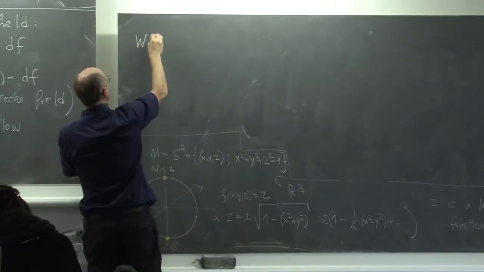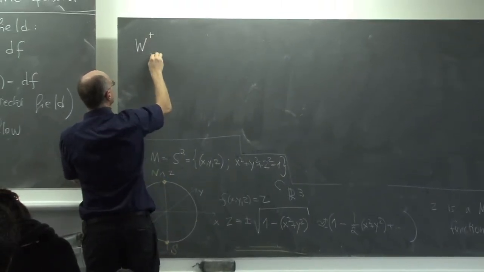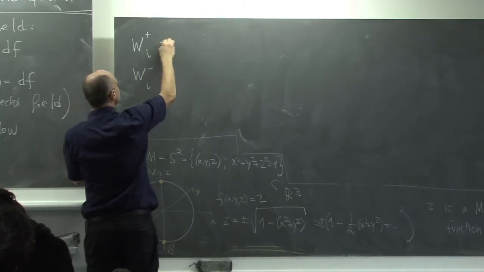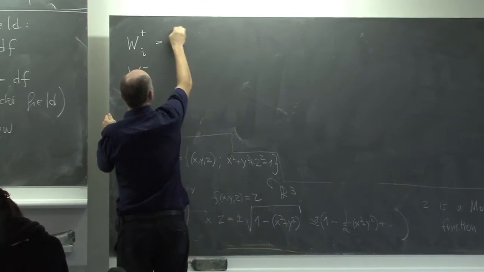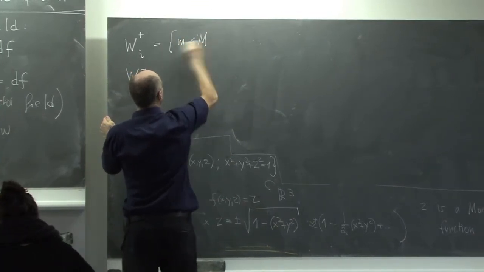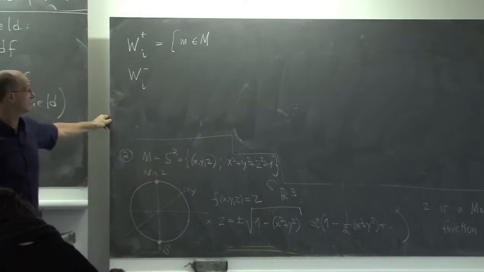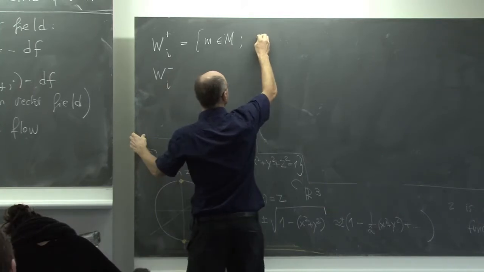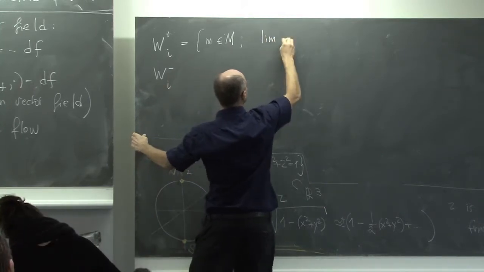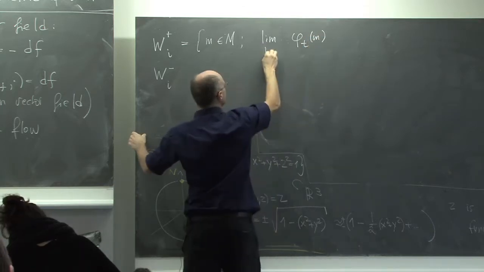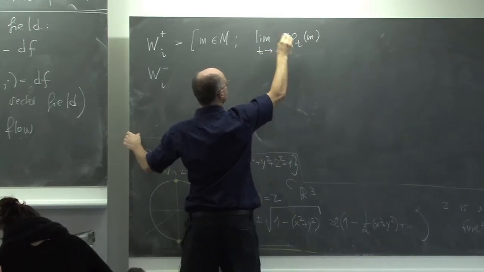So we define sets W plus i and W minus i. So W plus i, these are points of M such that the limit of phi t of m when t goes to plus infinity